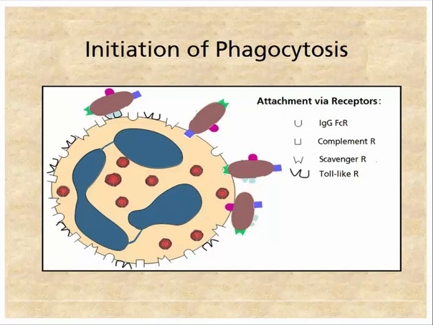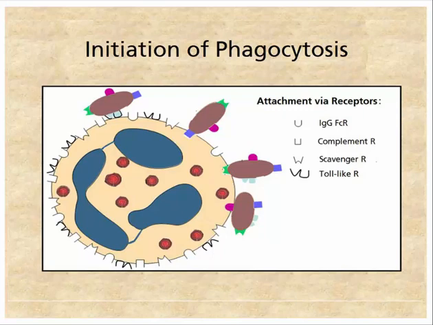But that is not the only receptor these have. They have receptors for various components of complement. We're going to see when we talk about complement that these phagocytic cells have receptors for some of these components. So we have here a bacterium that has activated complement and is binding to a complement receptor. That will also initiate phagocytosis. There are other receptors. There's a receptor called the scavenger receptor.